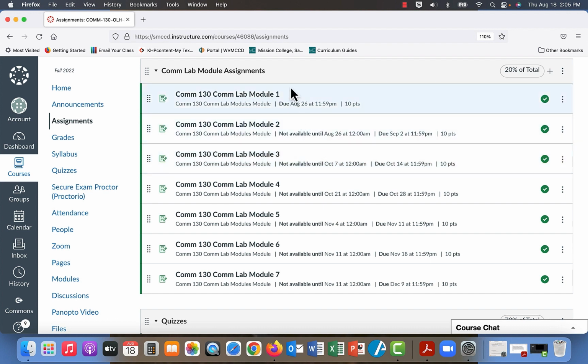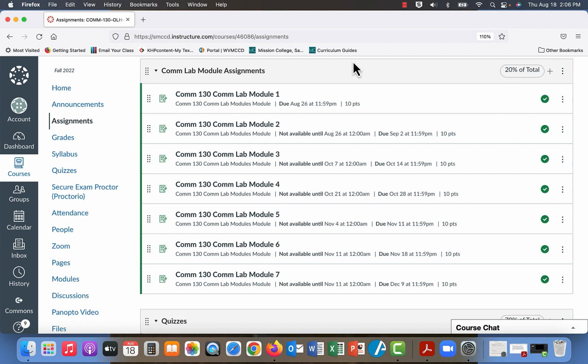In addition, when we do our Comm Lab modules, I will need you to fill out a Google form in addition to the assignment, a self-assessed chronicle that you did this assignment and the length of time you did it, that will be sent over to our Comm Lab over in Building 10. There's really no right or wrong answer in terms of how much time it takes to do any of these assignments, okay? So just document it. It doesn't have to be 43 minutes and 22 seconds. You can say 45 minutes.